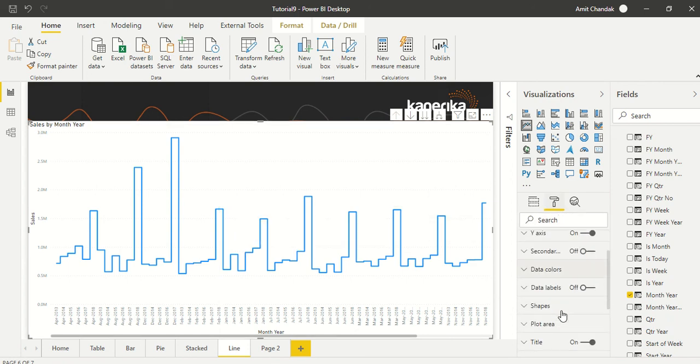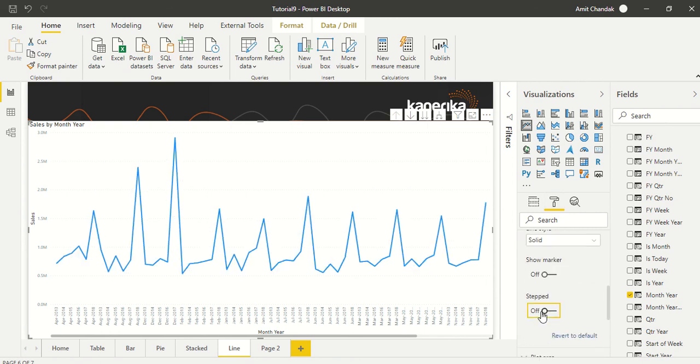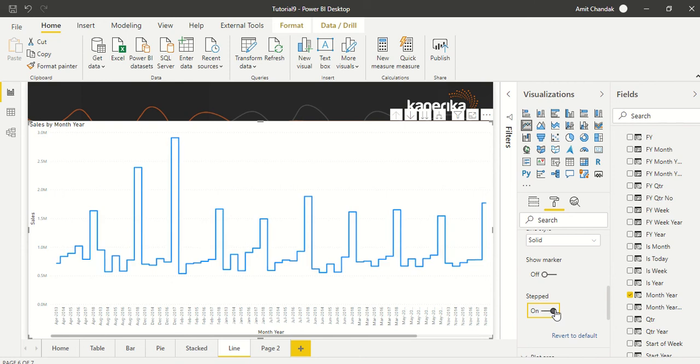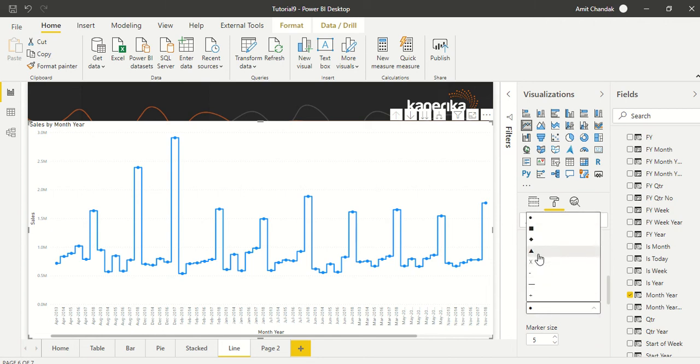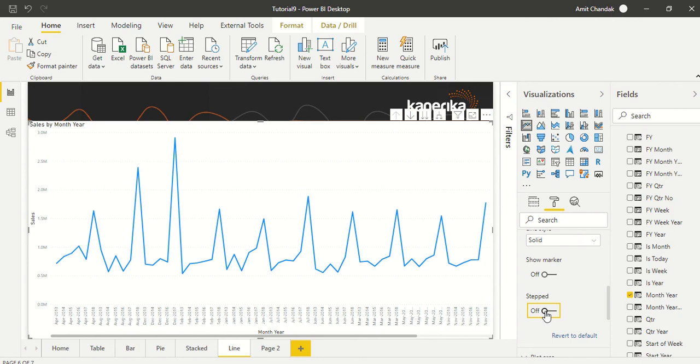So if we go again back to that property shape, and we make it stepped. This type of chart, if you see somewhere, this means this is there. And then how does the marker look in this kind of case? This is how it looks, and then you can have different shapes for the marker. Let's say like this. Okay, so we show the marker and stepped also. We are continuing with this.